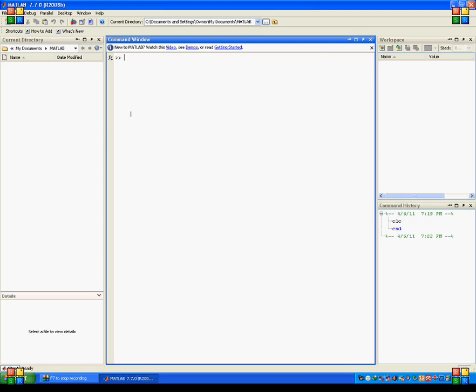Condition means, suppose as a student, if we think about conditions, let us suppose if you are getting marks above 50, then you pass. If your marks are less than 50, then you fail. So I'm going to explain it with this example. If my marks are greater than or equal to 50, then I pass. Otherwise, I fail.